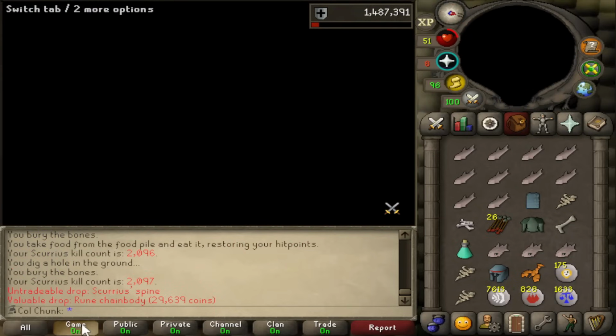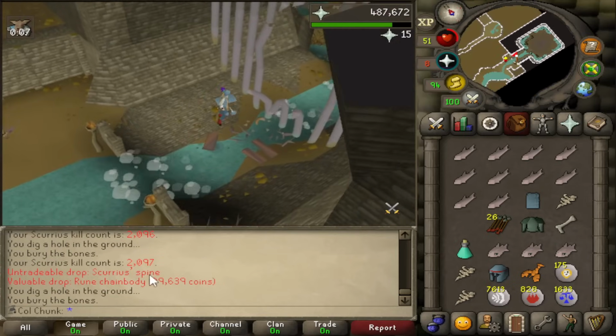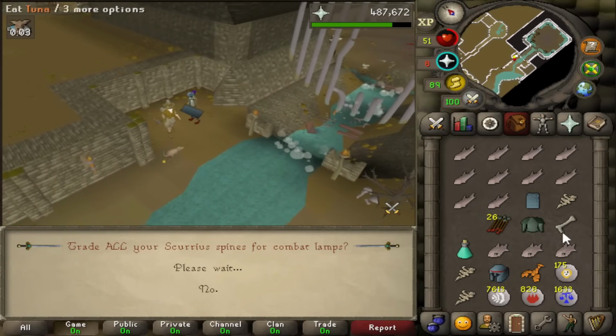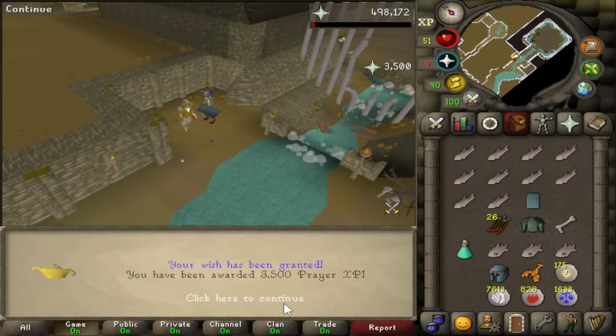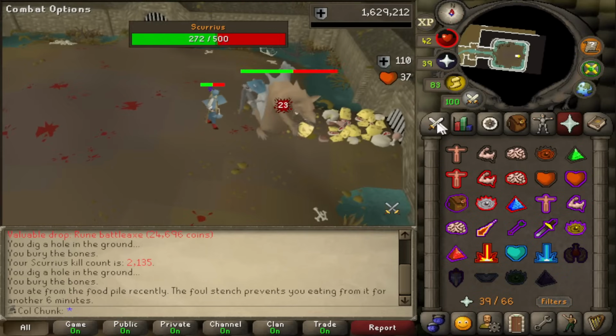So from 2,070 kills to 2097, is that 26 kills? I've gotten 5 spines. That's crazy lucky. The drop rate's 1 in 33, so I've gotten 5 spines in 26 kills. And there's a prayer level, 66 prayer, 78,